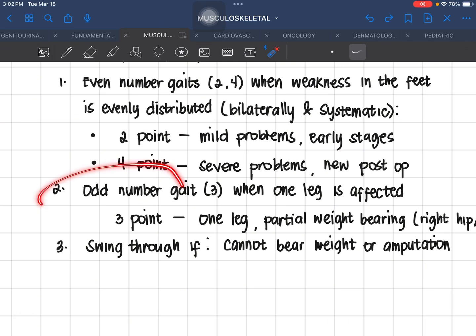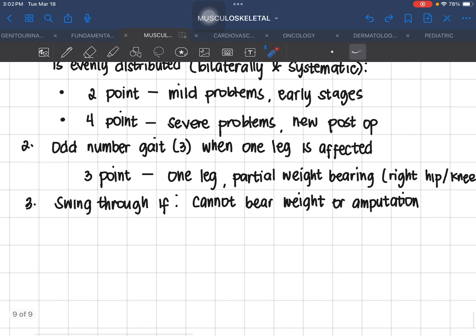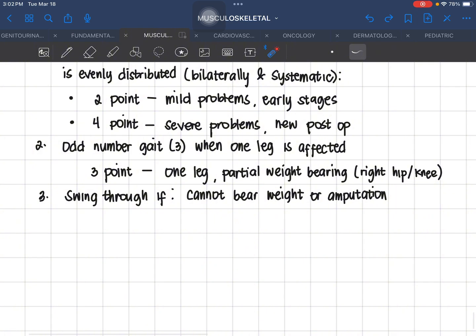Next, yung odd number gait, like 3. Kapag isang leg lang yung apektado. So sa 3-point gait, one leg lang yung affected, and then partial lang yung weight bearing nila. So kunwari right hip o knee, ganon, partial weight bearing lang, partial lang. And then swing through if hindi ka nakapag-bear ng weight. And then yung mga amputated,